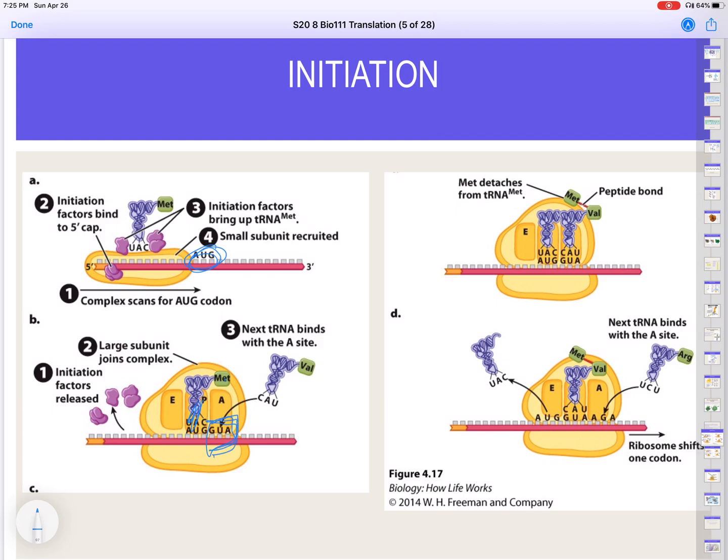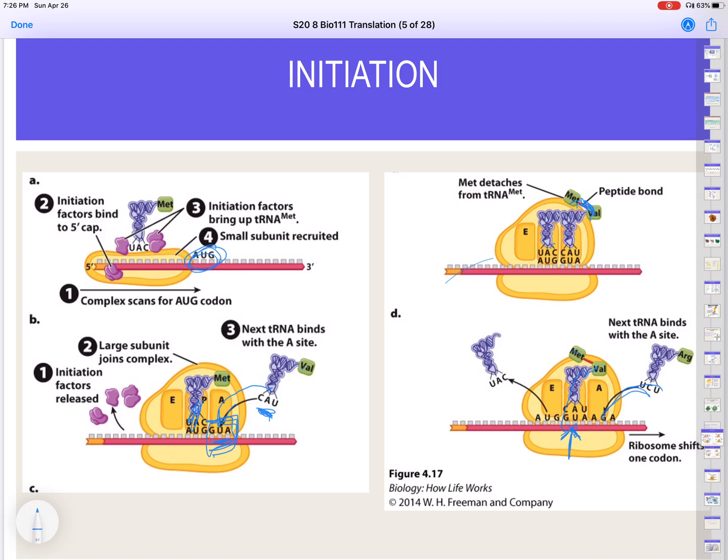And so it reads, here is the codon sequence, GUA. And so the next thing that binds is going to be complementary to it, CUA. It brings a valine with it, so that's going to bind over here. The ribosome is going to move over, and then this methionine gets covalently attached to this valine. Now that this methionine tRNA is empty, it's going to leave off. You're going to have the chain of methionine and valine here in the P site,